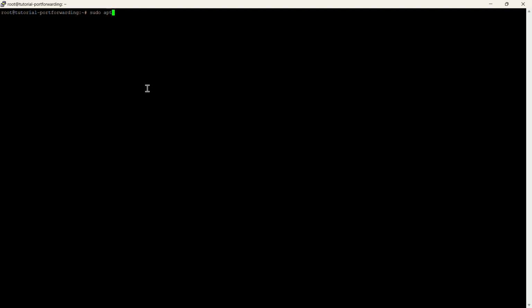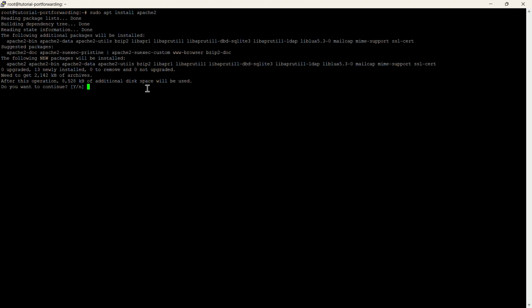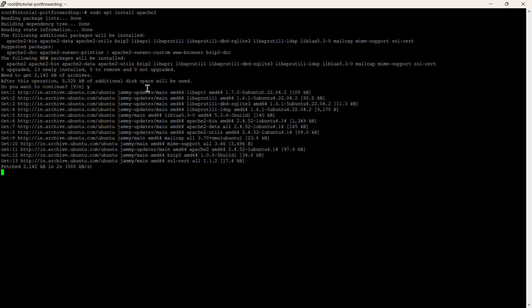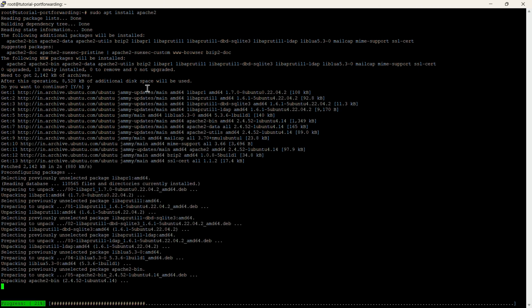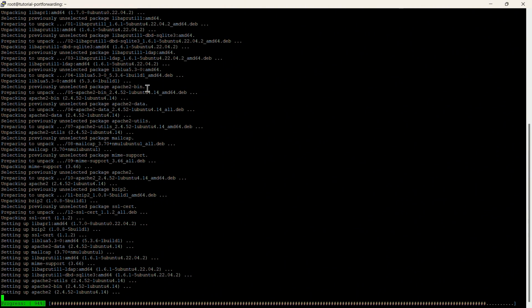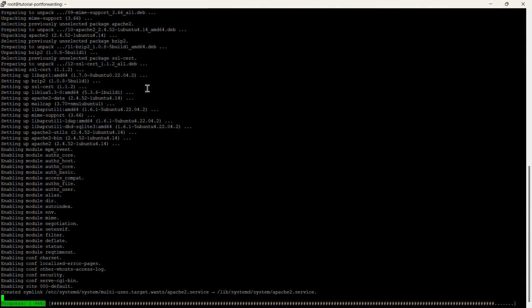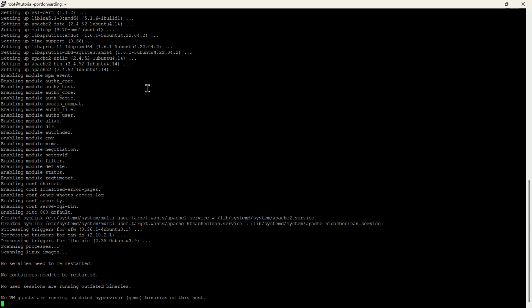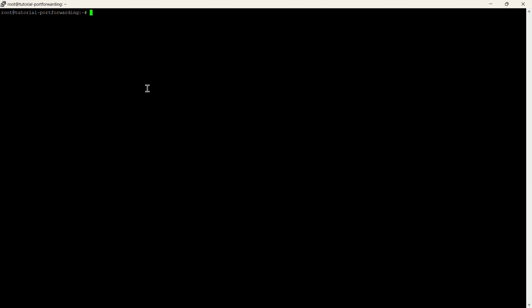To make this VM a web server, we will use Apache and install the services as shown. And make sure the Apache 2 service is up and running as shown.